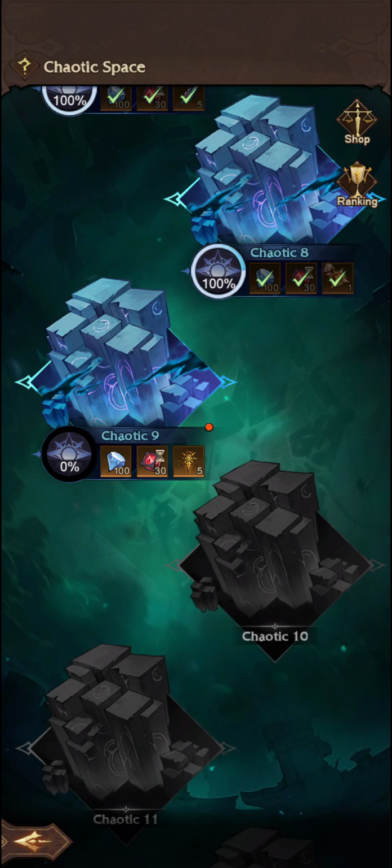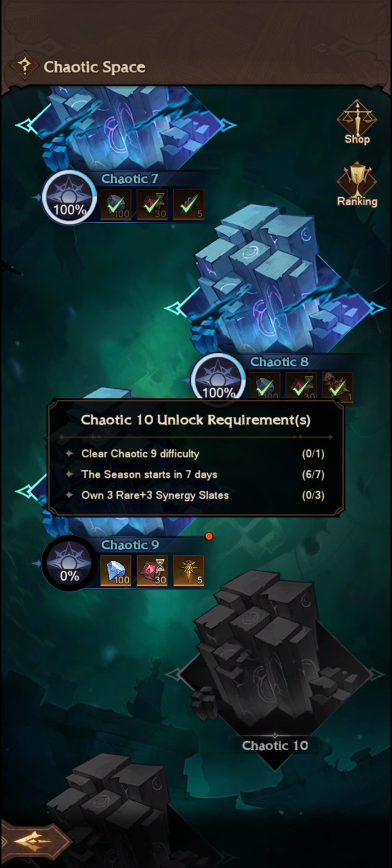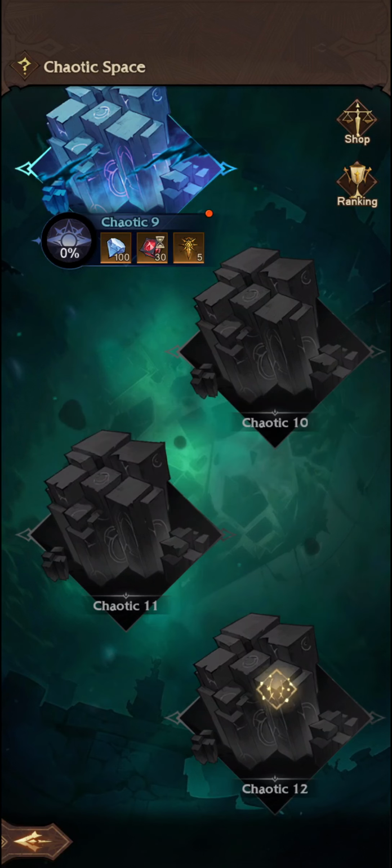In this video we're just going to go through Chaotic Space 9. We'll try a couple of different teams here, I think, just to get the ball rolling. So as you can see, we've got 155 sweeps. We made it through to Chaotic Space 9 after a day, and then from tomorrow, Chaotic Space 10, 11, 12,